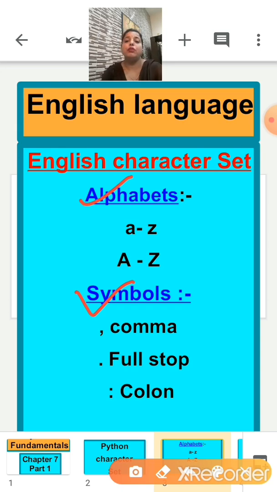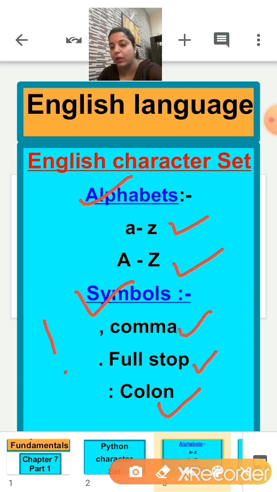In the English character set, in alphabets we have small alphabets and capital alphabets. In symbols we have comma, full stop, colon, and the exclamation sign. With the help of all these things we can make a word.